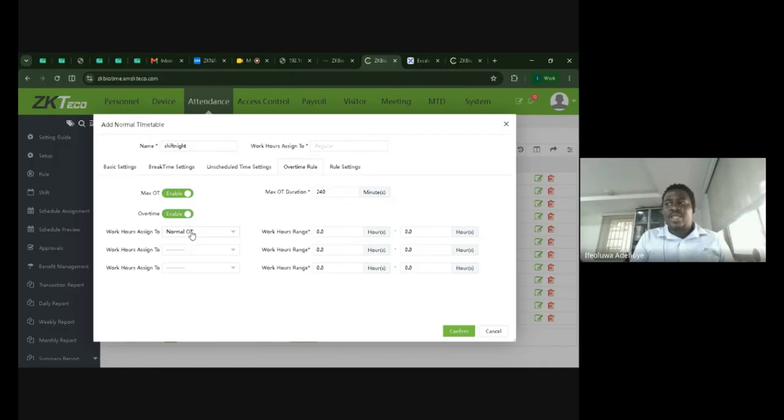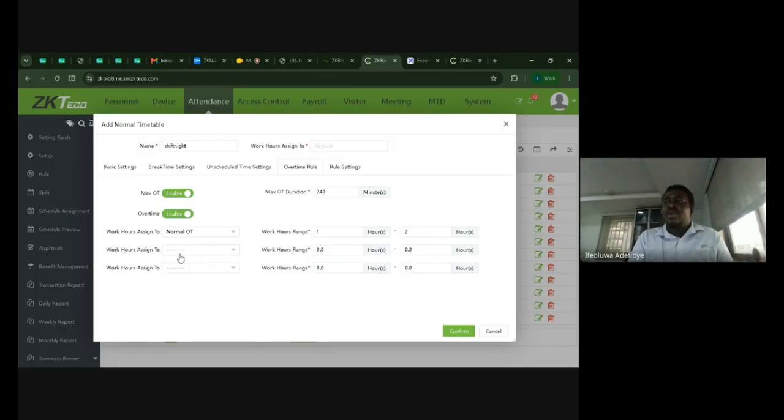If I select normal overtime here, it means between Monday to Friday, what is the minimum hours I would work, and what is the hours I'm going to do that work to. Some companies can set 1 to 2 hours. So you work within this work hours range, within 1 to 2 hours,